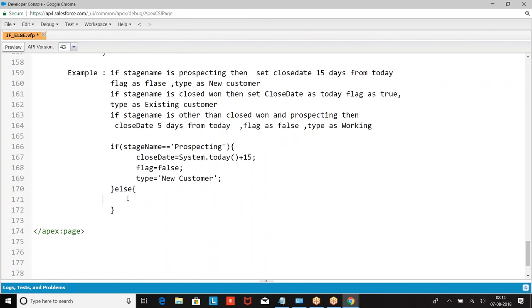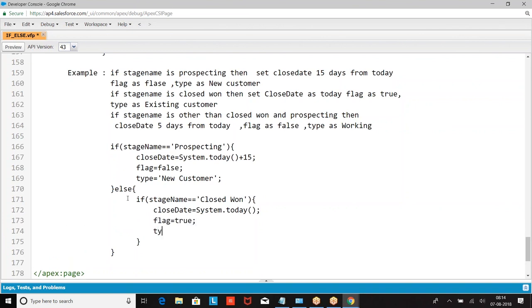Else, this is not prospecting, else if it is closed one, flag equal to true, type equal to existing customer: close date equal to system.today, flag equal to true, type equal to existing customer.